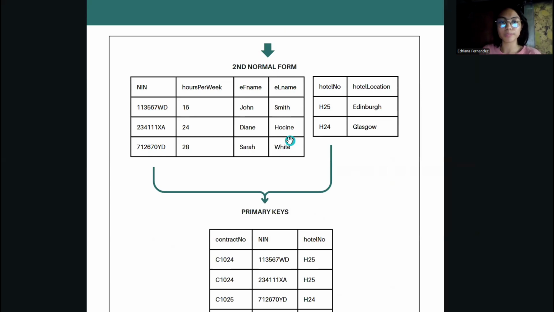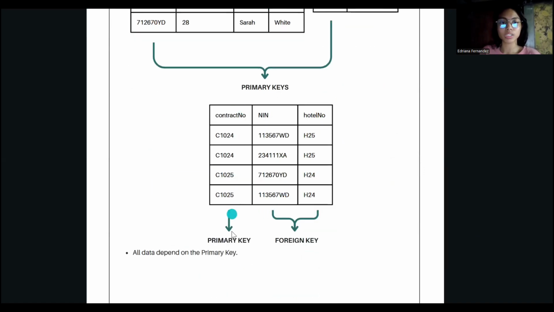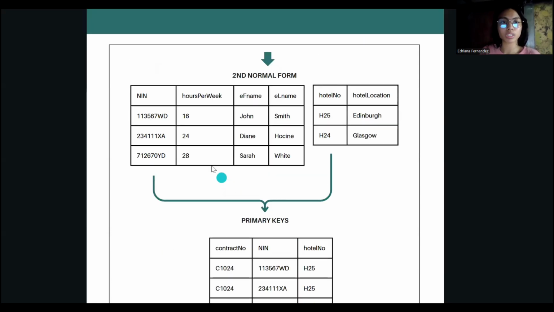For our second normal form, we have the primary keys here, the NIN or the National Insurance Number, and hotel number. So underneath that, we have the contact number. First, let's have this National Insurance Number, where hours per week, the time spent working by the employee as mentioned in the description above. Because of course it is related to NIN because it is related to our employee